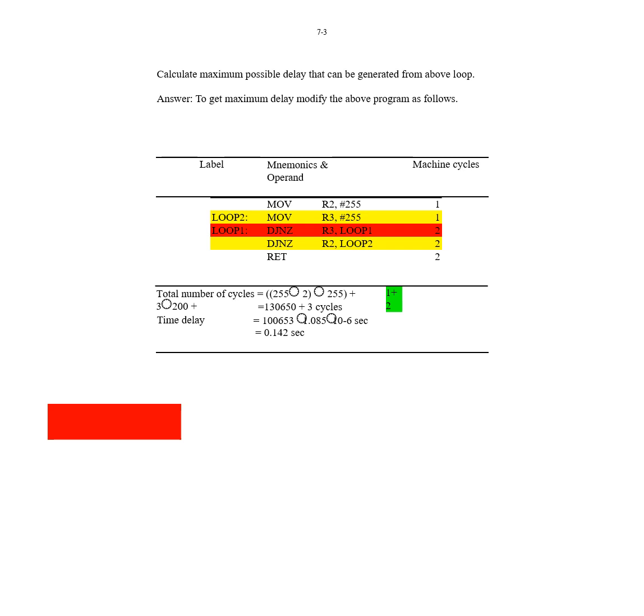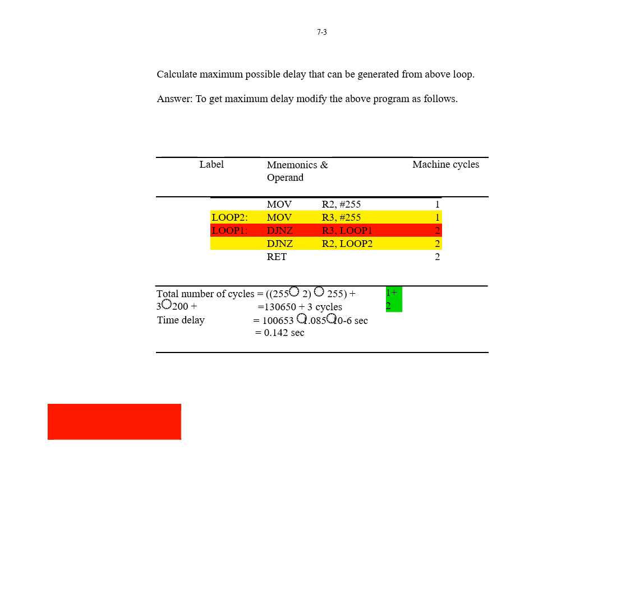Okay, there is a mistake here, this 3 is here, plus 3. So you are getting 130650 plus 3 cycles. You multiply this by 1.085 multiplied by 10 to the power minus 6 second, which is equal to 0.142 second.